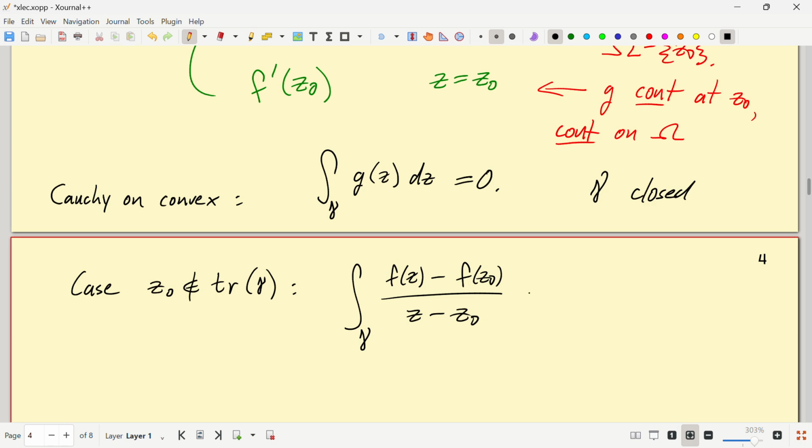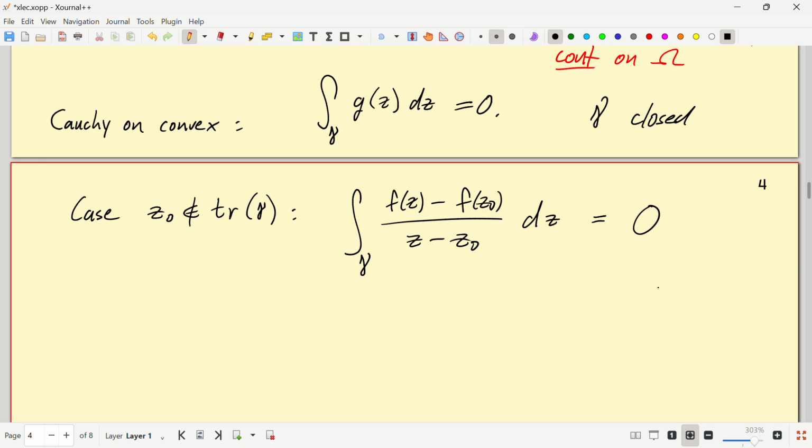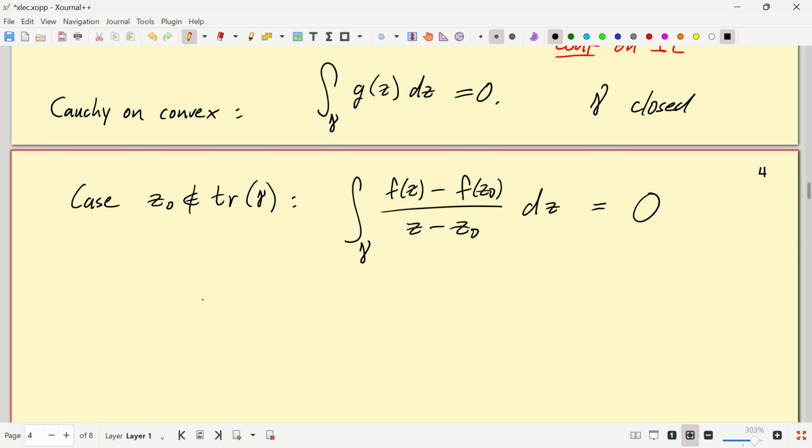So this would be a dz, and that would be a big fat 0. And so what I would get here is that the integral of f of z over z minus z naught dz